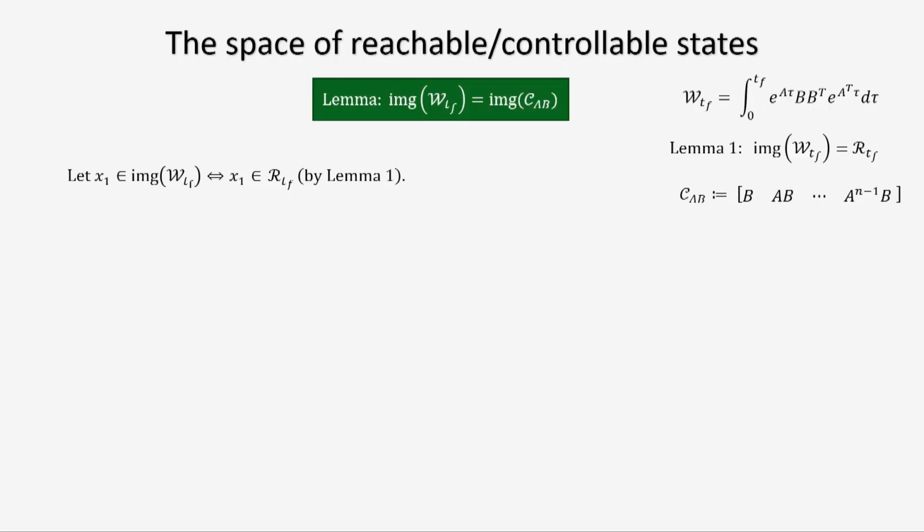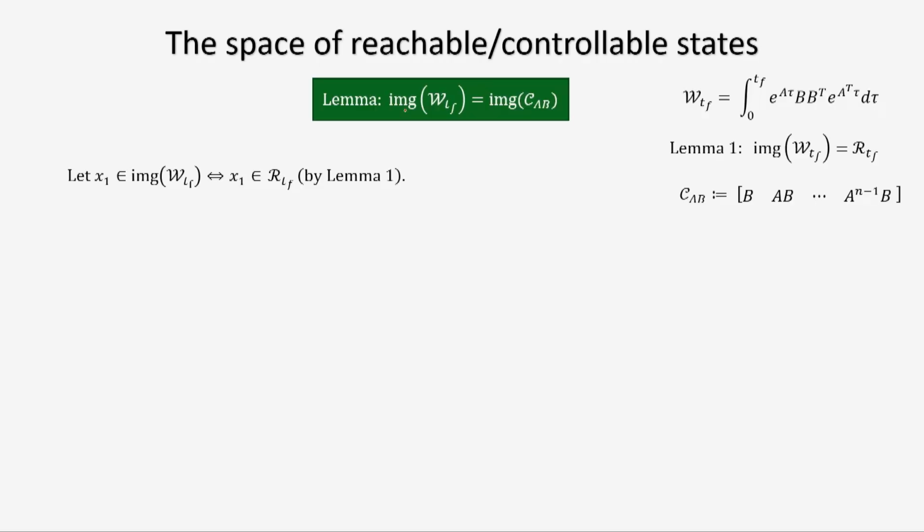So, the reason I am telling you this is that controllability actually does not depend on time as such. Basically, if a system is controllable, it will be controllable for whatever time you give. That is what the idea is. Okay. If a system is controllable or a state is controllable, it is controllable for any time you give, does not matter. Okay. So, the controllable states are given by the image of C AB. Let us see at least some idea as to why this is true. Again, I am going to explain it only intuitively.